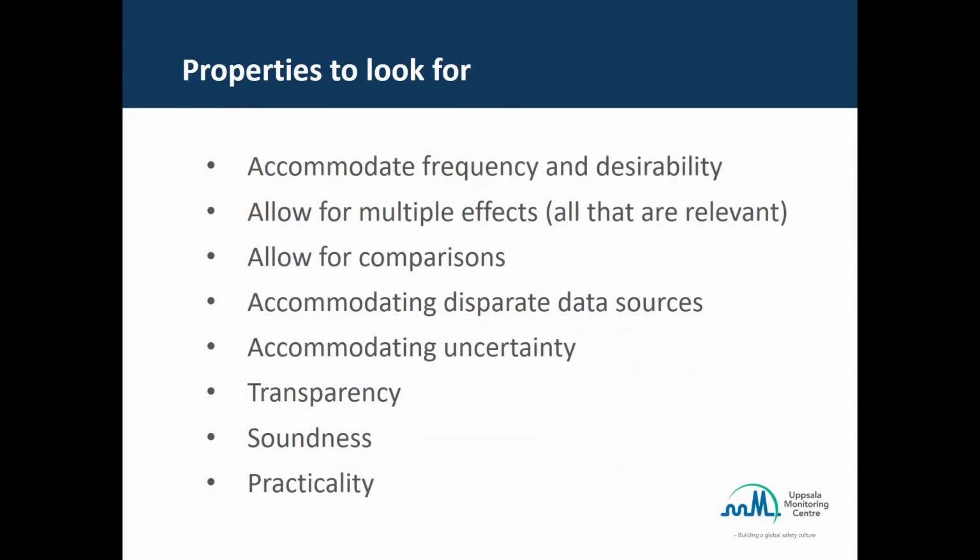For your reference, I've here listed several properties that I think formal methods for benefit risk assessment should possess. And some of these should be hopefully evident from the discussion we've had so far. For example, the ability to accommodate both frequency and desirability, to allow for multiple effects, and basically all effects that are relevant, to allow for comparisons between medicines, and also to handle uncertainty in some